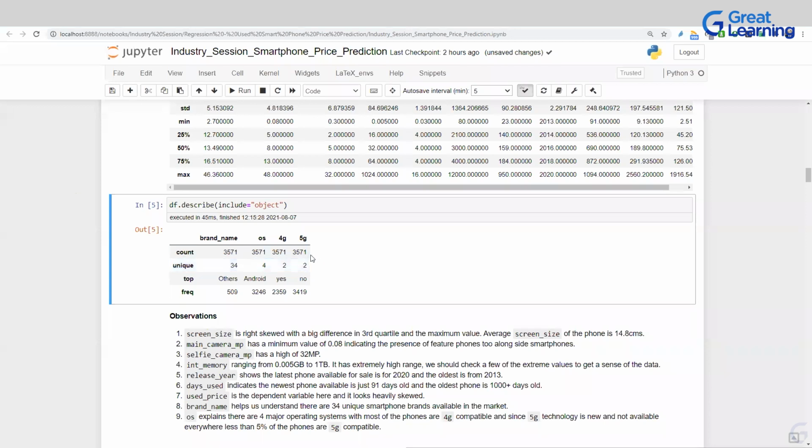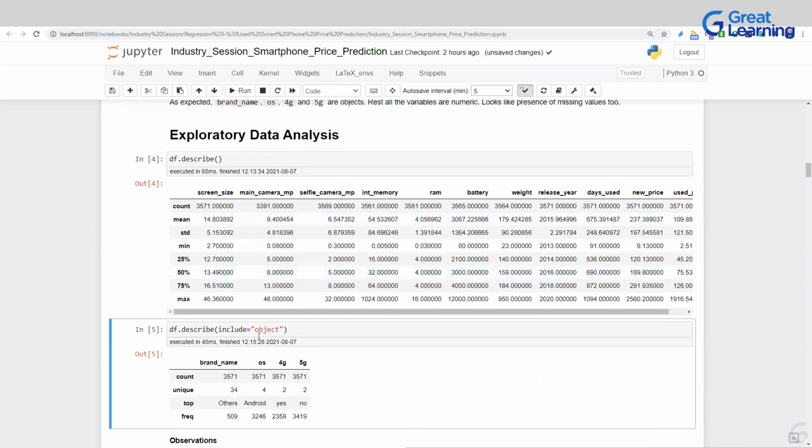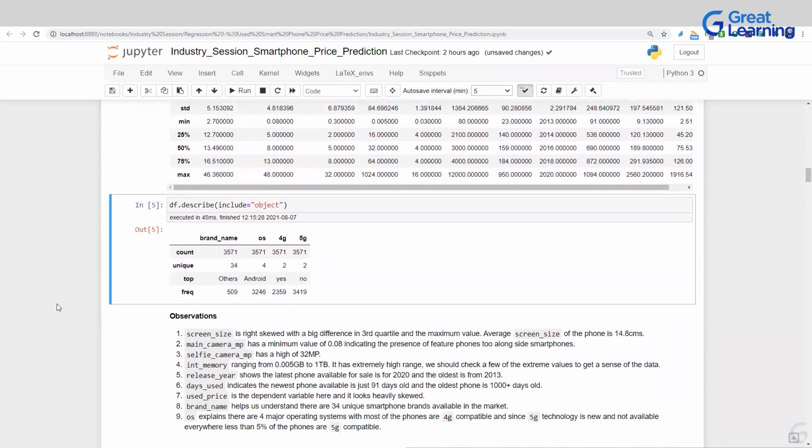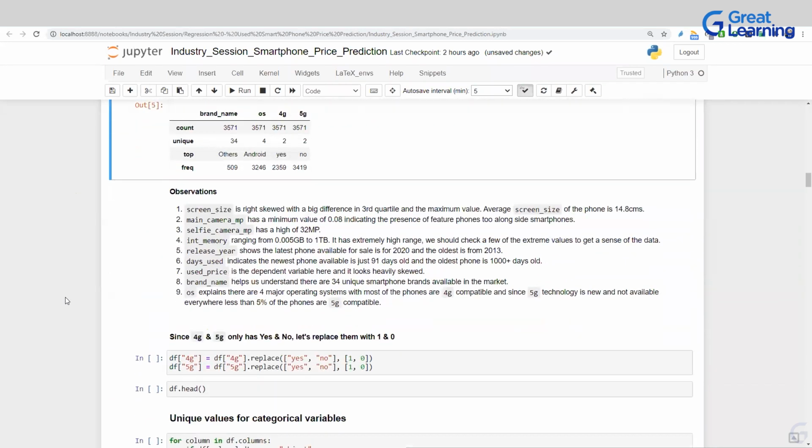So similarly, we can say that this data might be for that duration when 5G was just announced or is going to launch in future in those countries, and people are expecting to buy a 5G phone too. So by looking at this summary, we get some idea about the distribution and about some of the outliers, if there are any. Let's go ahead and analyze them in a univariate, bivariate